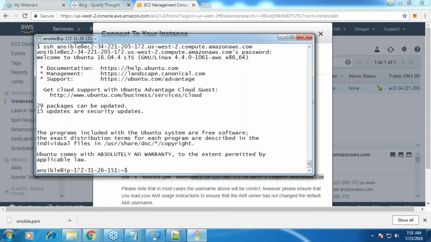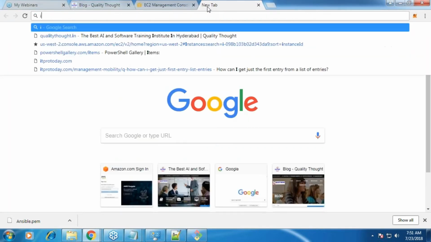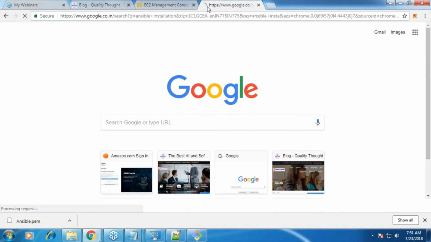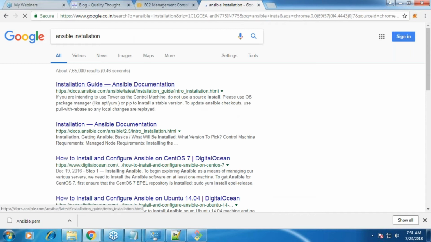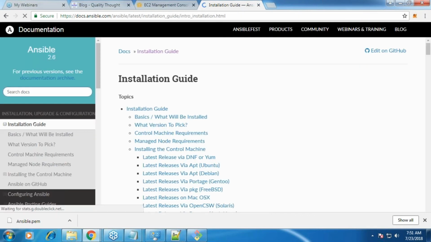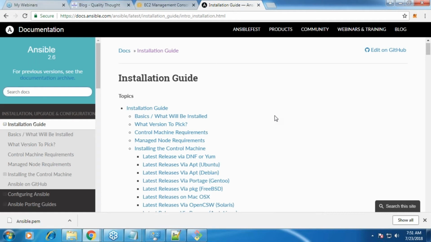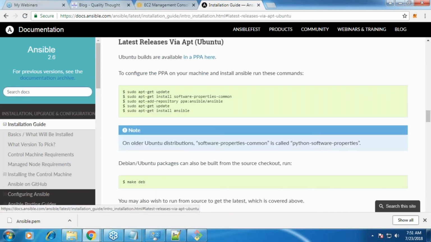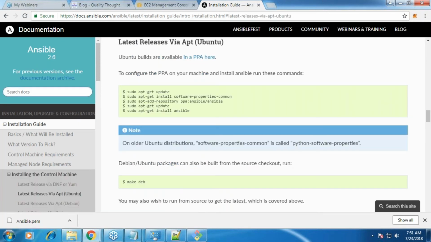Now we have one task that is left, which is installing Ansible. For installing Ansible, I'll not take that difficulty. I'll just go to Ansible installation, and I want to go to the Ansible site itself. It is asking, where do you want to install this? I want to install on Ubuntu, right? Yes. Then it's asking us to install that stuff. The basic thing you have to do is execute all of those one after the other. Okay. So let me execute them.